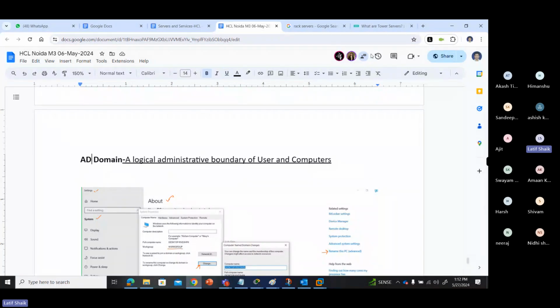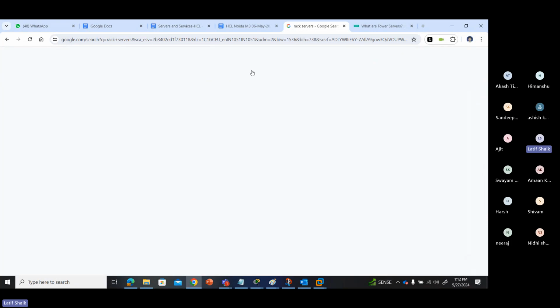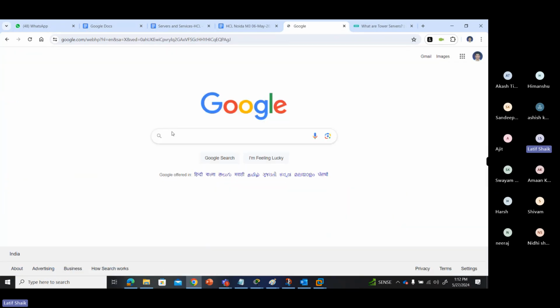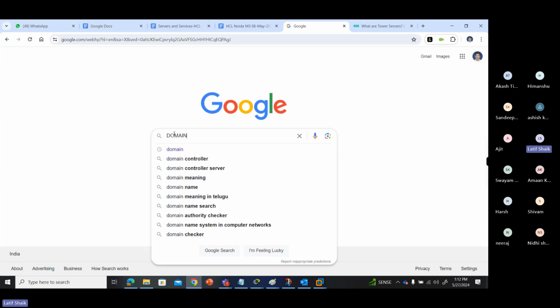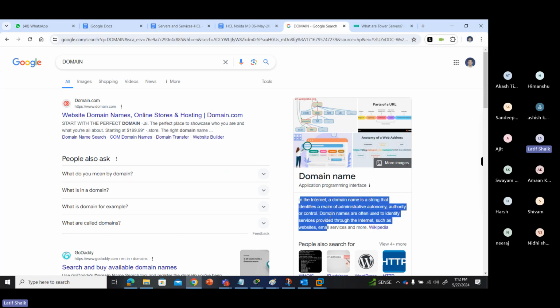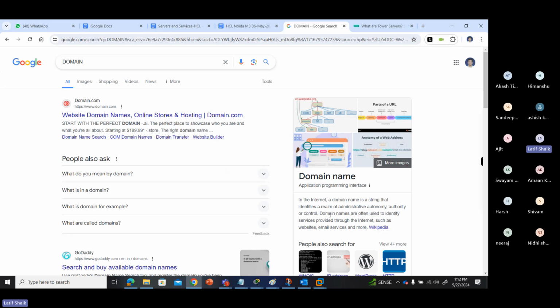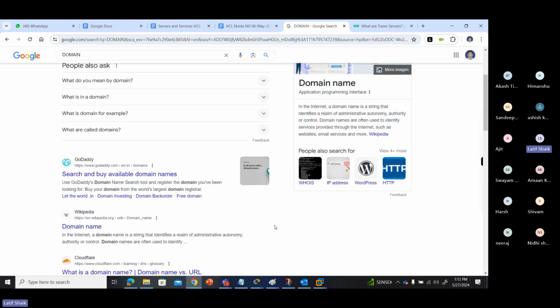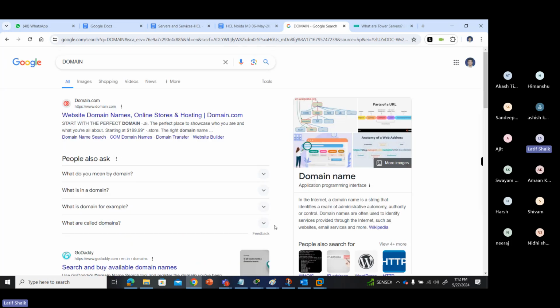I put AD domain, and there is a reason for that. If you type domain in Google, some people will search about a domain in Google. When I say domain, they will find different things, like a domain is a URL, a domain is part of a URL, a domain is a group of systems, a group of things, kind of stuff. In English, domain has several meanings. On the computer or networking side, domain also means